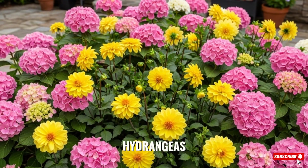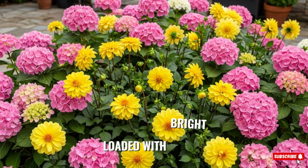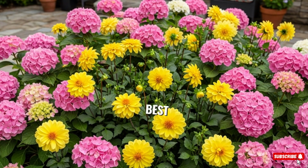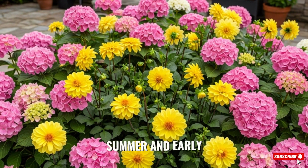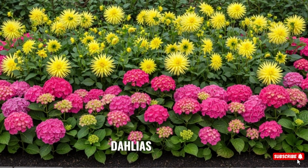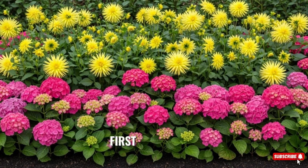Interspersed among the hydrangeas, I've planted annual dahlias that are absolutely loaded with bright yellow blooms. Dahlias actually perform at their absolute best during the late summer and early fall period. While many flowers are winding down, dahlias are just hitting their stride and will continue blooming until the first hard